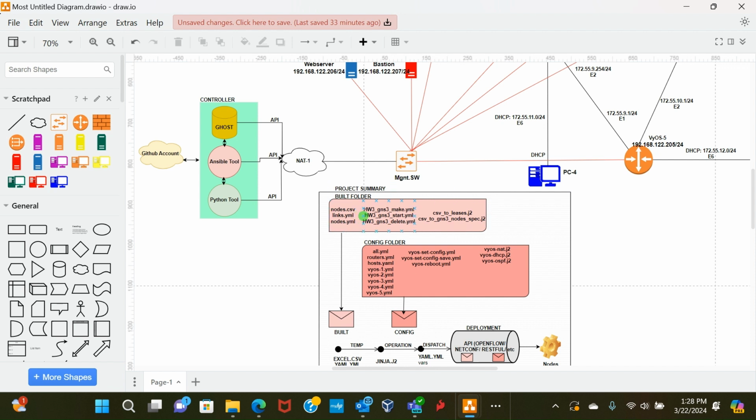Necessarily, after this is just the builds, okay? And then we have the configuration. So the configurations are necessarily the configuration you want to use for the nodes. One may say that these configurations are really too much, but it's not necessarily so, because you see the configurations are very repetitive. The advantage it gives you is that you have granularity to pick just one router and edit it according to what you want, and then push it to the Ansible node, and then Ansible will use its API to push it downstream.